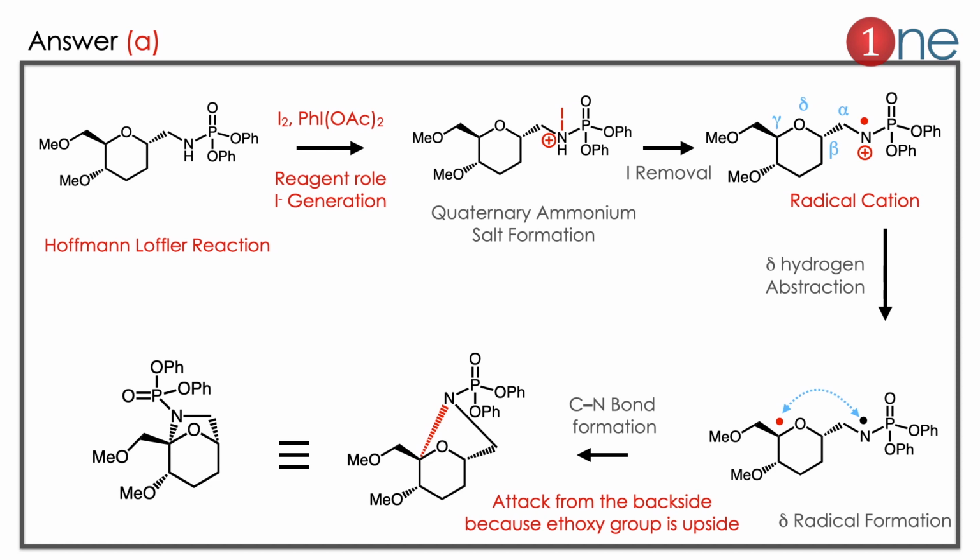Then there is a bond between nitrogen and carbon. So the nitrogen and carbon bond occurs, C-N bond generation. Obviously the nitrogen attacks from the backside since the ethoxide is above the plane. So the backside attack happens, and you have the product A. Here you have to learn two things. One is the reagent particularly given for confusion; its purpose is just to create iodine with some iodine absorbing group. Second is the radical cation formation in the Hofmann-Löffler reaction. It helps to create the N-C bond formation.